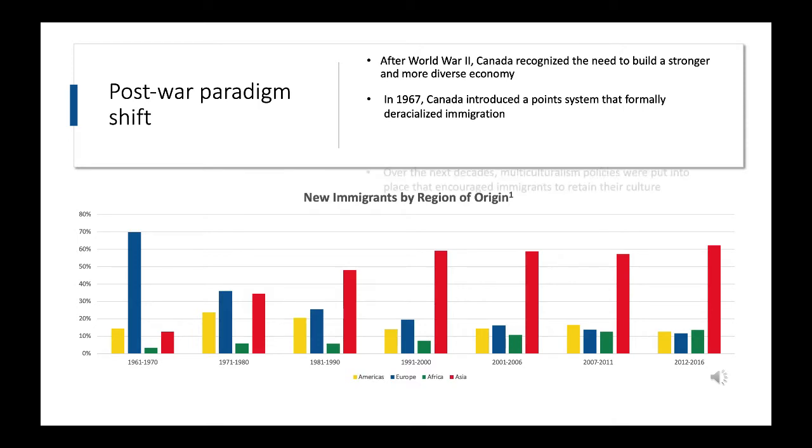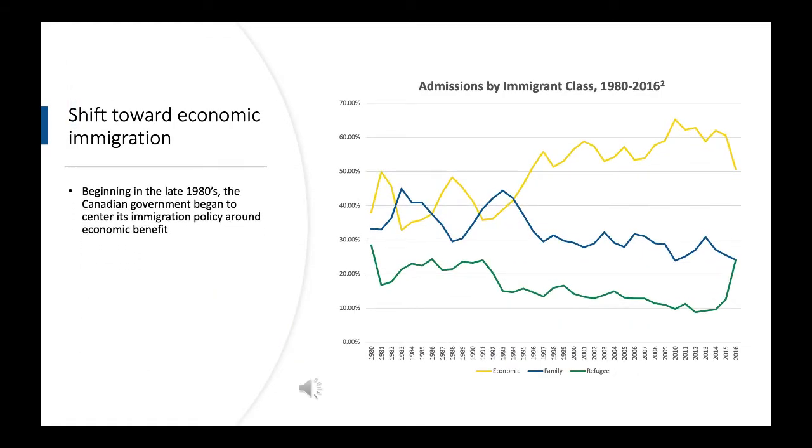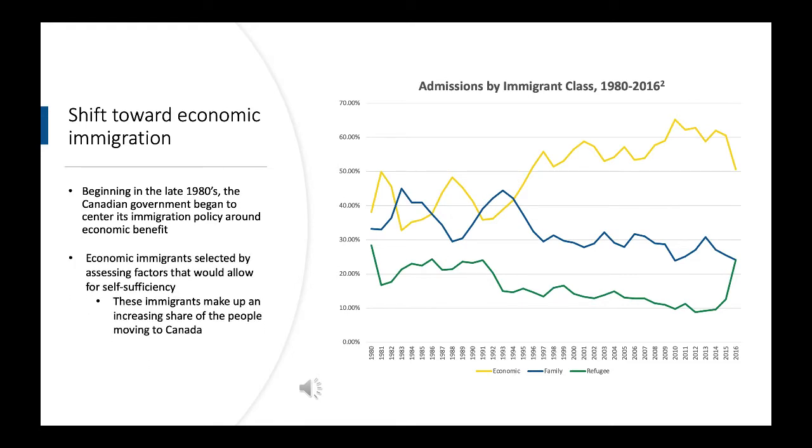A new Canadian Multiculturalism Act was also adopted in 1988 that acknowledged multiculturalism as a fundamental characteristic of Canadian society with an integral role in shaping Canada's future. Beginning in the late 80s was a shift in focusing on admitting economic immigrants into Canada. This led to the Federal Skilled Worker Program becoming the heart of Canada's immigration point system, where points were awarded for characteristics that would make immigrants more likely to secure a job within Canada.